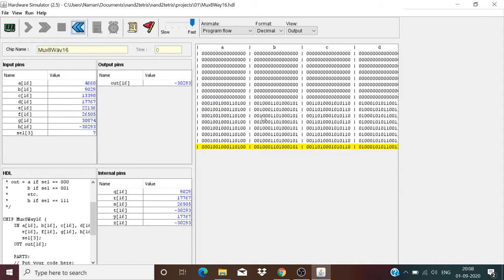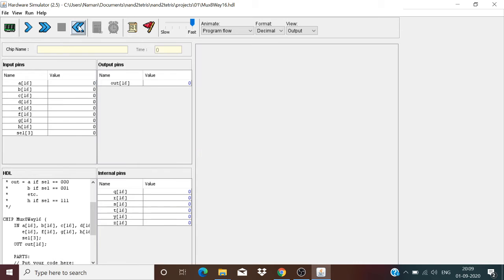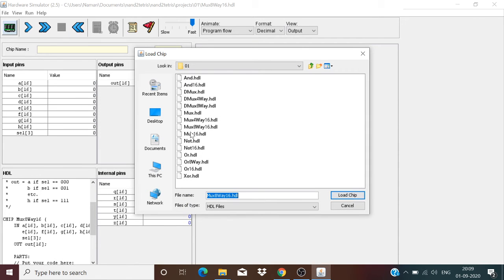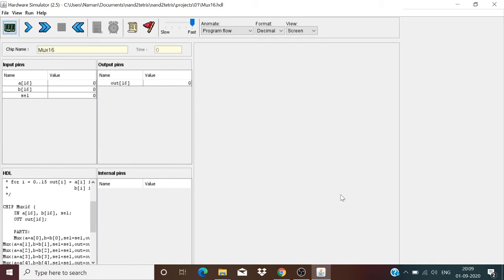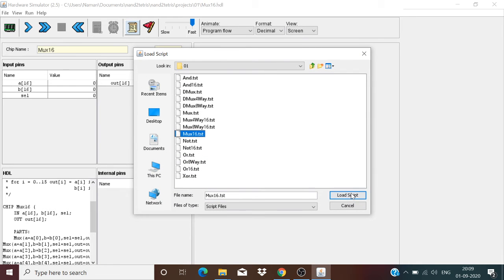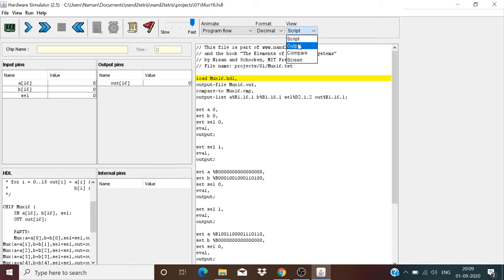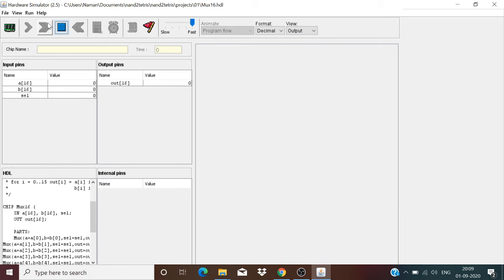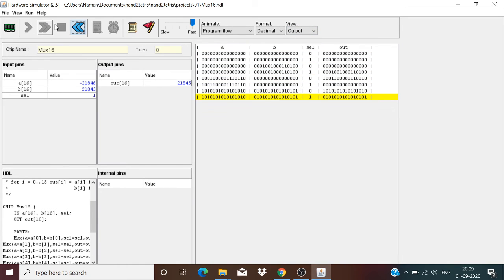Thus for some predefined values, here we have the following outputs. This is Mux16, which has one selection line, two input lines, and each line contains 16 bits of data. And thus we have the correct output.